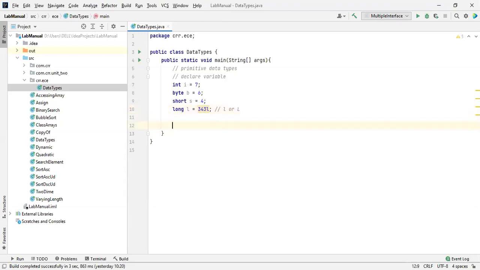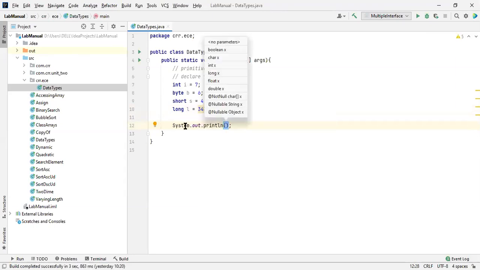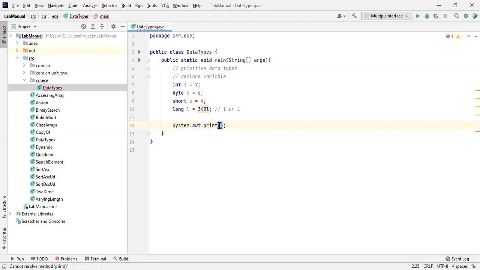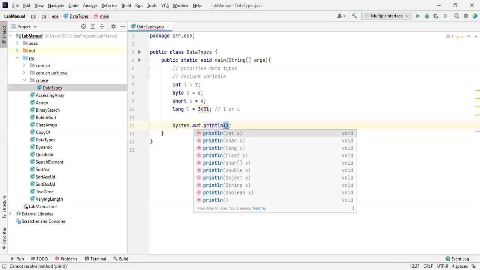So this one, I'm going to use for whole numbers, right? These are all whole numbers. We're not going to print anything with a decimal. There is no decimal over here. So how to print this one? System.out.println. What we discussed about this: System.out consists of a println statement, which ends with ln. We can use print also. If you don't want to print on the next line, just using print is enough. So I'm going to print it on the next line.